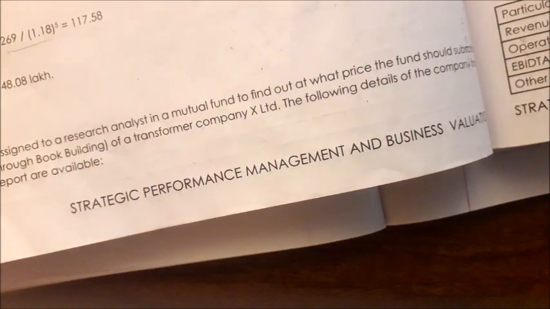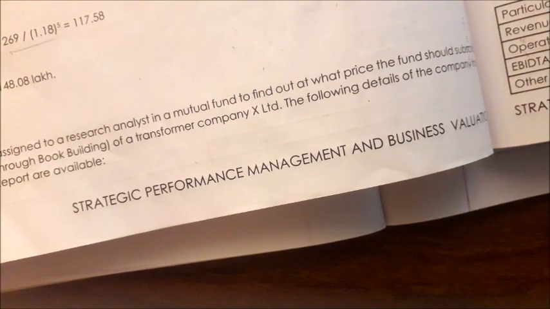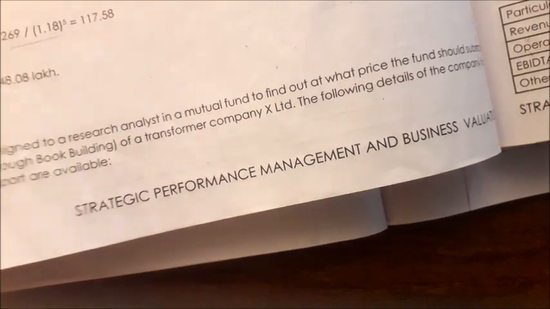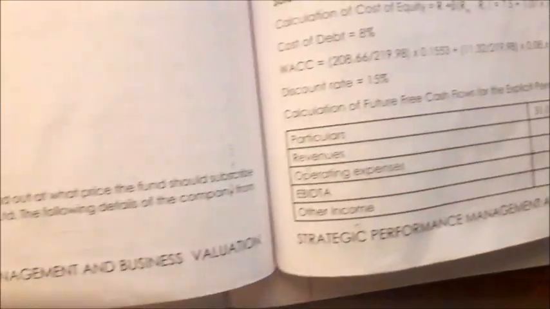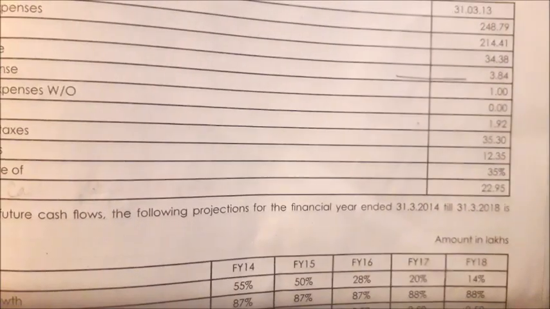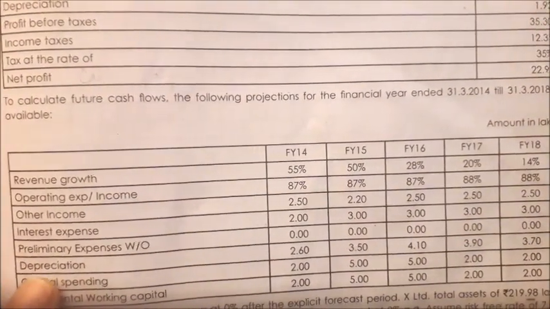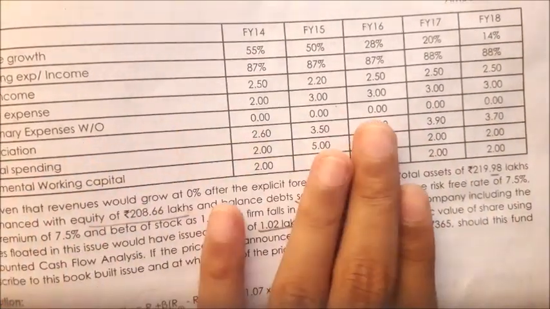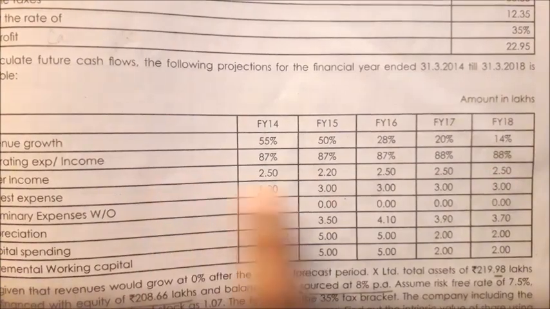Okay, now illustration number 22, what it says: a task has been assigned to a research analyst in a mutual fund to find the price at which the fund should subscribe, as the company is going for an IPO issue. So at what price should the person subscribe? This is to be found. Other details have been given, revenue and all. The growth has been provided. Later this period is provided, so we are required to find the future cash flows for this period,